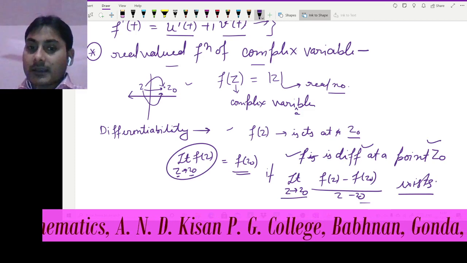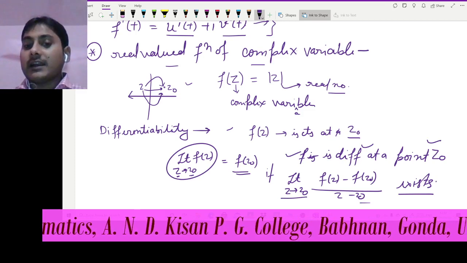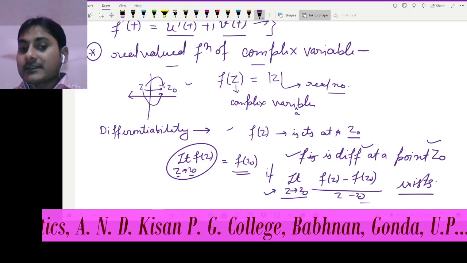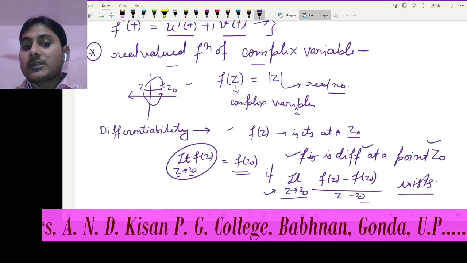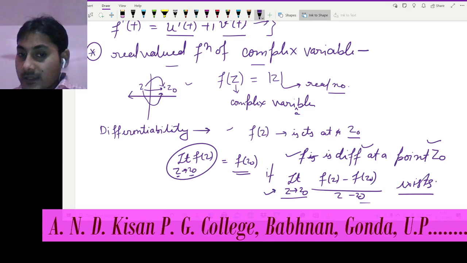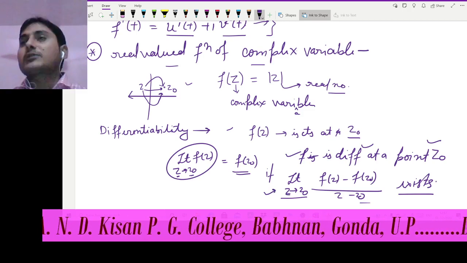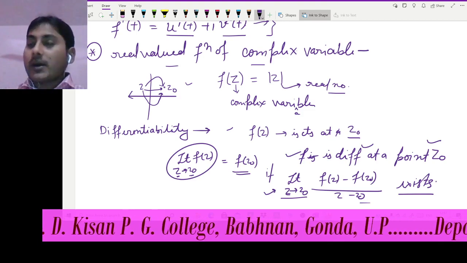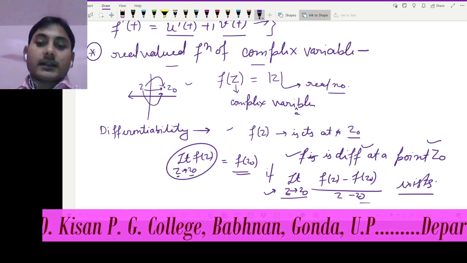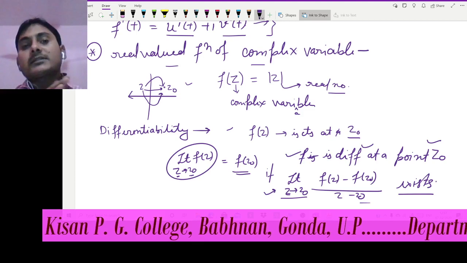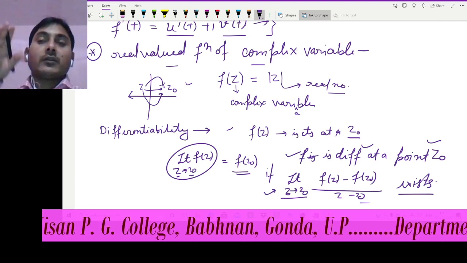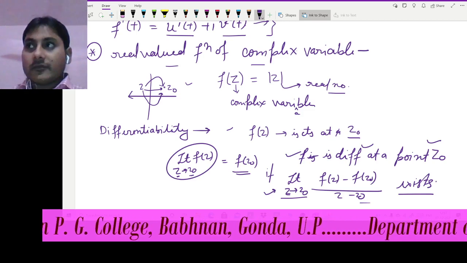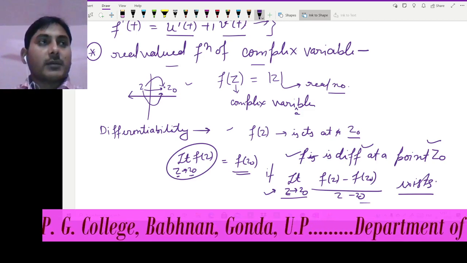Again, I am emphasizing that this particular limit is the same one as we defined earlier. It means here again z is approaching z naught by different paths, अलग अलग पाथ से अप्रोच कर रहा है, और अलग अलग पाथ से अप्रोच करने के बाद भी अगर इसकी वैल्यू फाइनाइट हो और यूनिक हो,